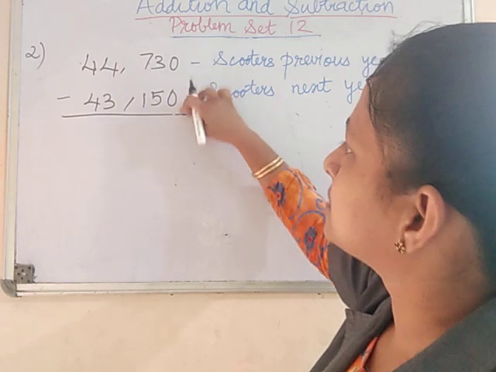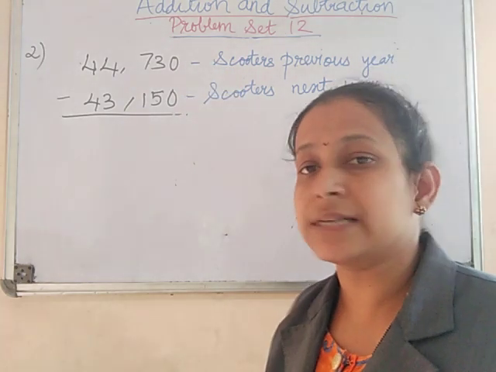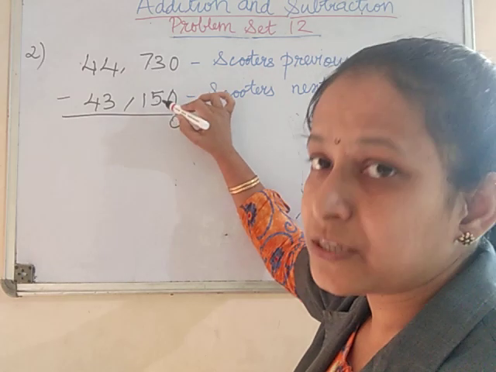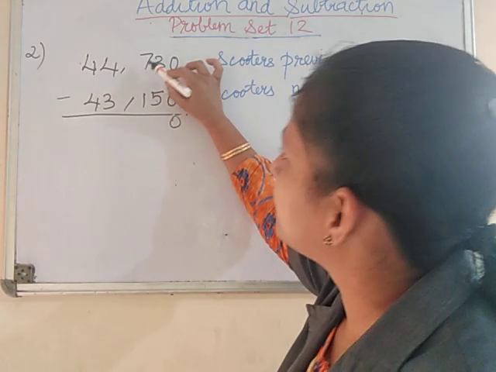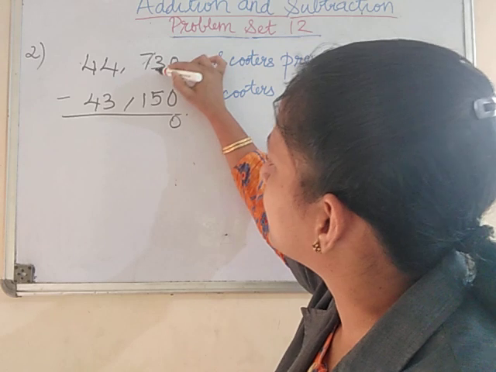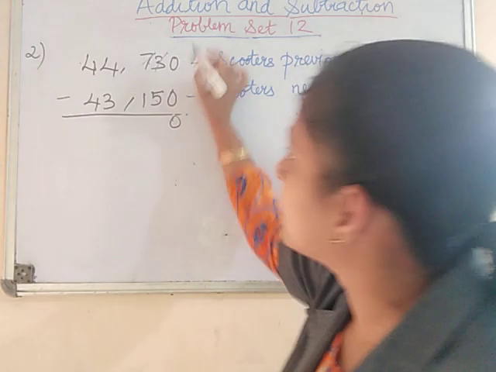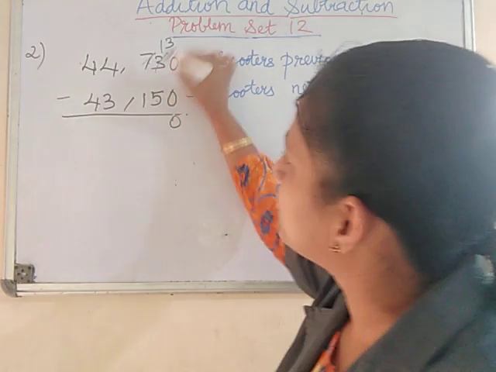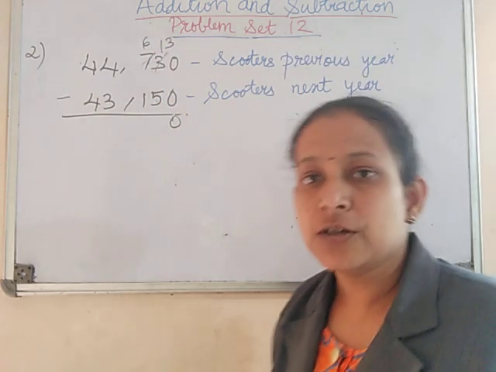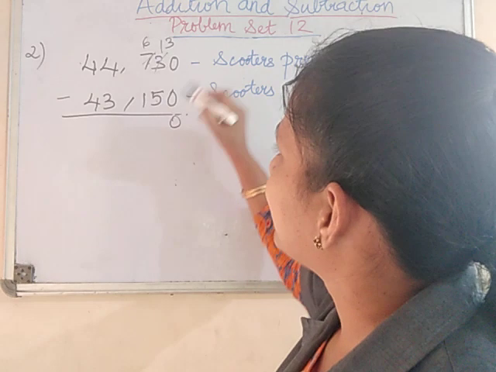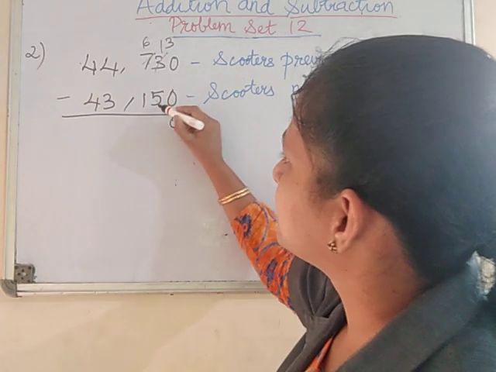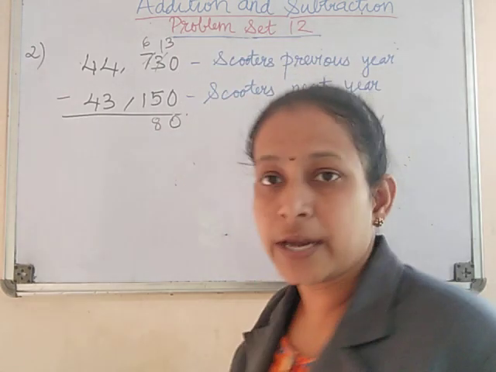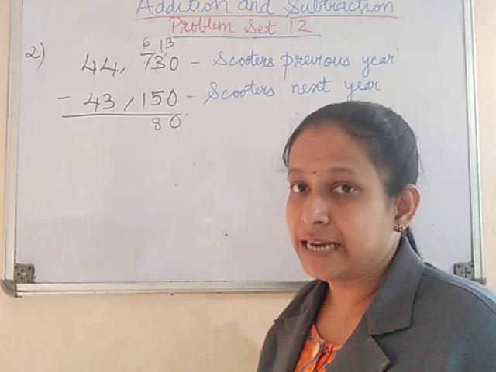Now here if you see, both of them are 0 and 0. Therefore 0 minus 0 is always 0. Here you see 3 is less than 5. That means we need to borrow 1 from here. So we will borrow 1 from here. So cancel this first. Now 3 becomes 13 once we borrow 1, and this will become 6. Now 13 minus 5, how much? It is nothing but 8. 13 minus 5 is 8.